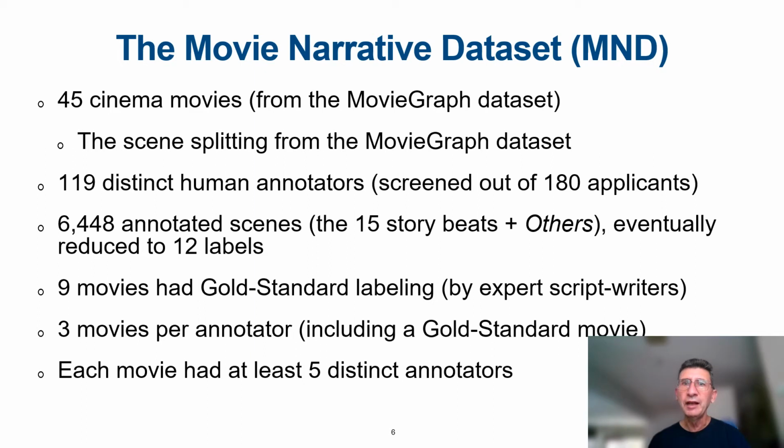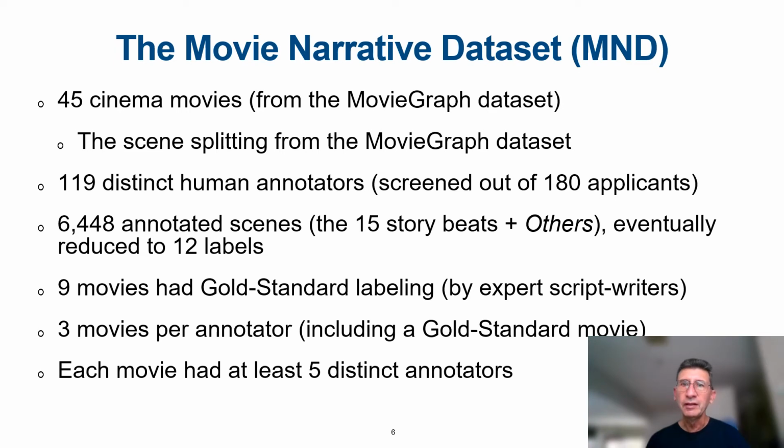Our movie narrative dataset, called MND, includes 45 cinema movies from the MovieGraph dataset. The scene splitting is also based on the information in the same dataset. We rely on 119 human annotators who labeled about